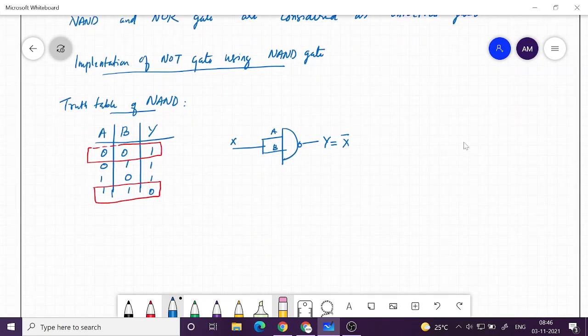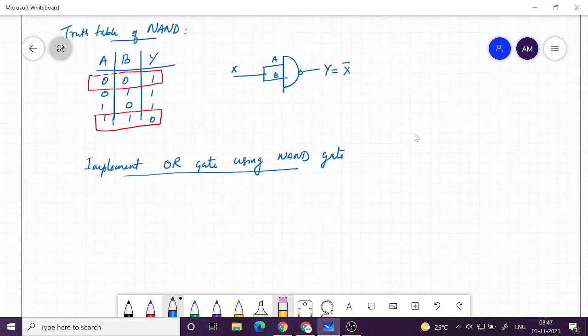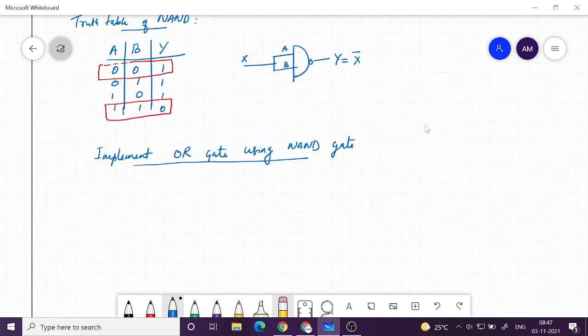Now let's look at implementing, say, OR gate using NAND gate. OR gate, if I draw, the symbol is like this, right?